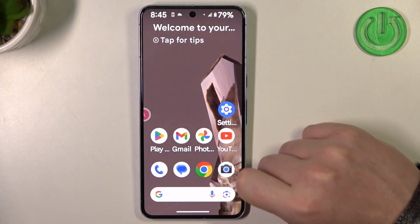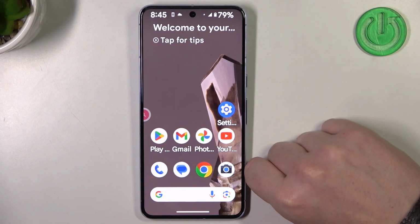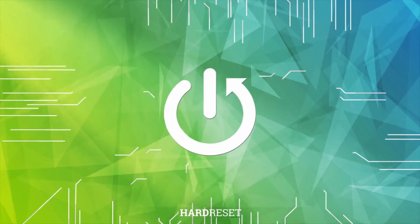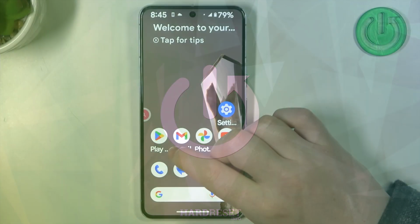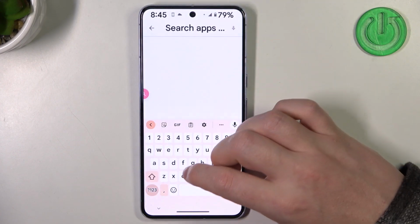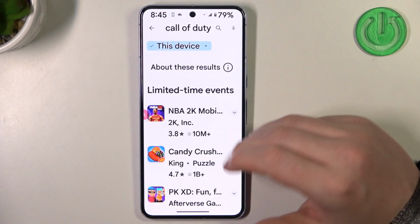Hello, in this video I want to show you how to fix a problem when you can't find your favorite games in Google Play Store on Google Pixel 8 Pro. To do this, let's launch our Google Play Store. Here, if we try to find something like Call of Duty or most of the other games, there won't be